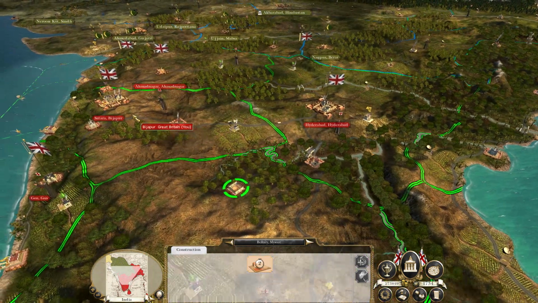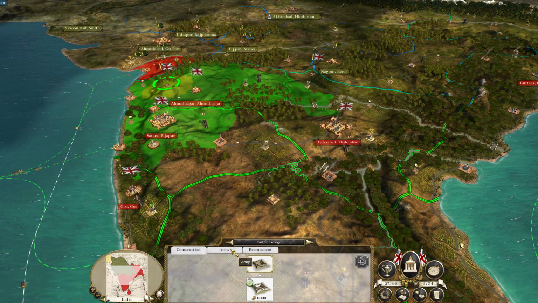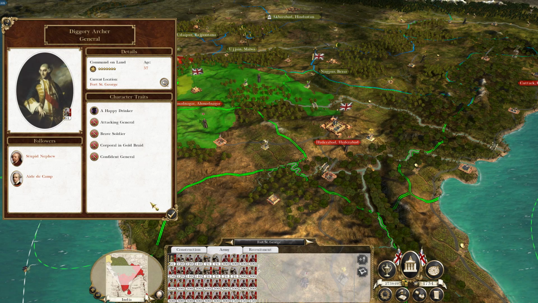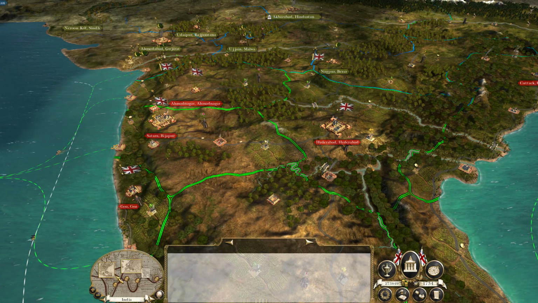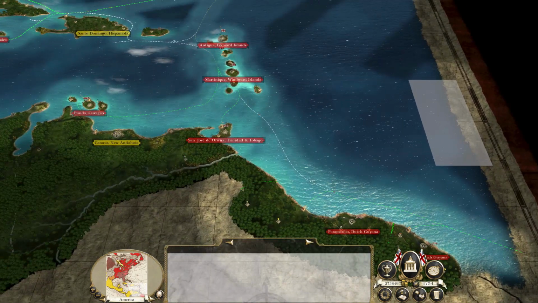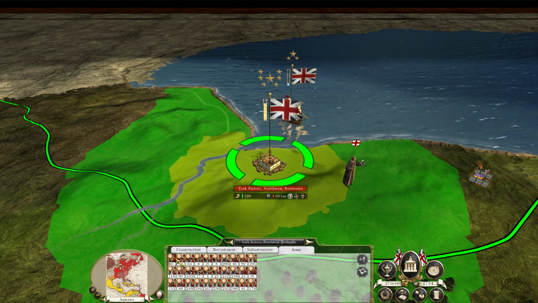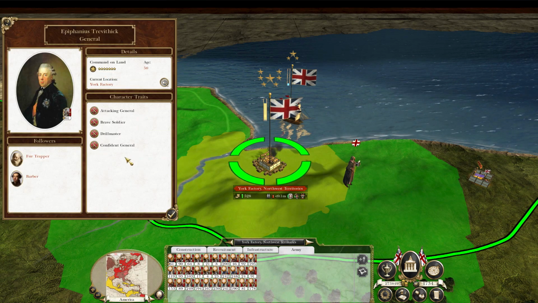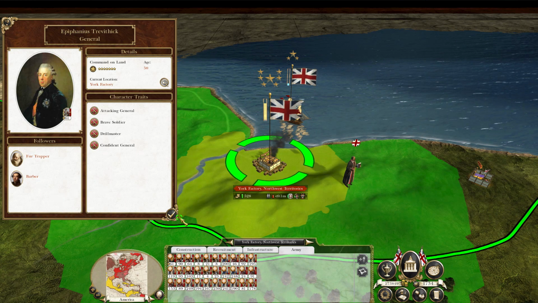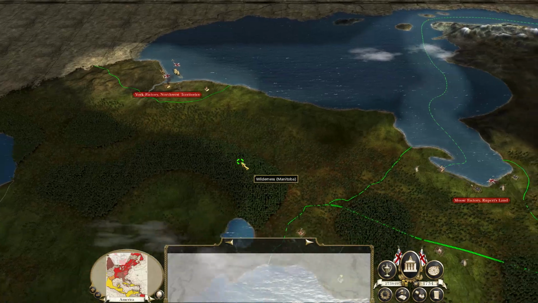Calcutta, Bengal got a new... let's see. We've got Diggory Archer right here. Diggory Archer is 57 years old. He's one of the most skilled generals, but I think Pippin beats him, because Pippin's got a lot of stars. 1, 2, 3, so on and so forth. And he doesn't have a stupid cousin, and that's always a plus. So he will pick up...